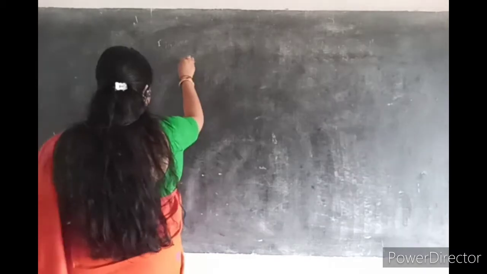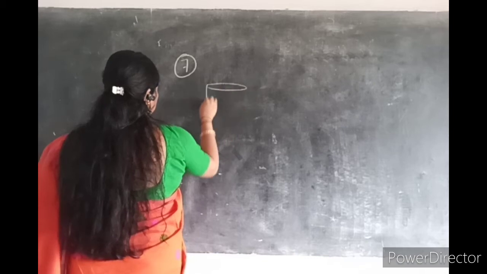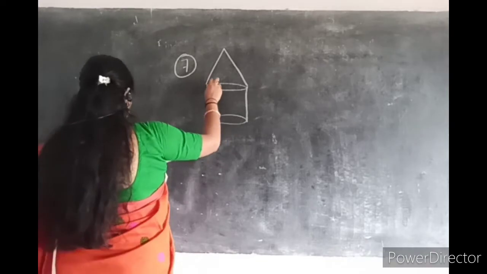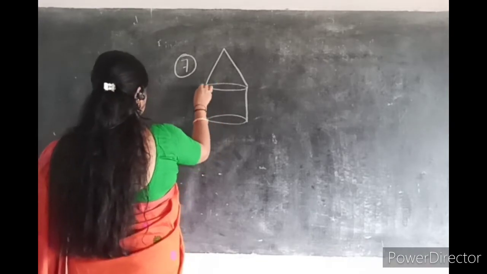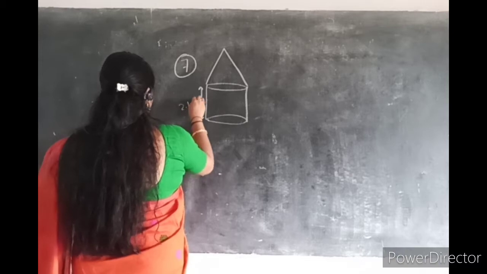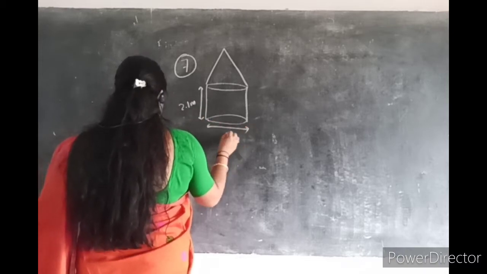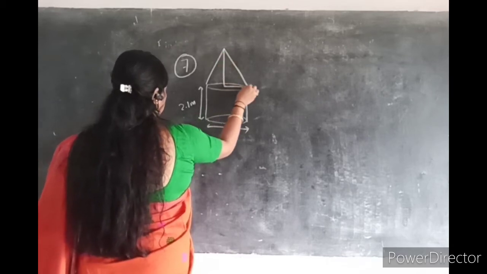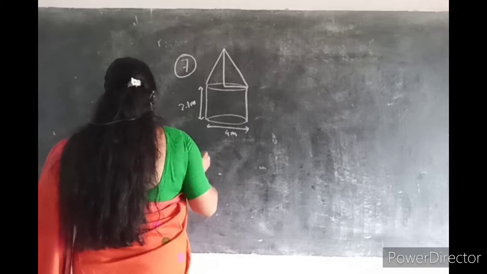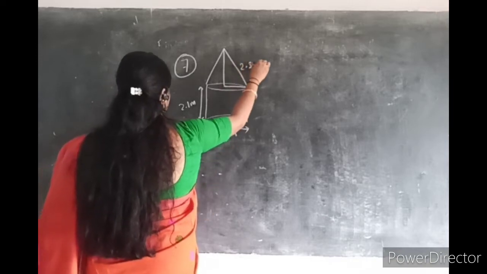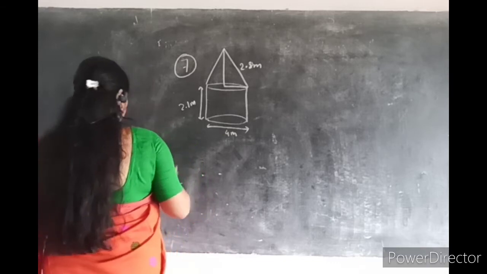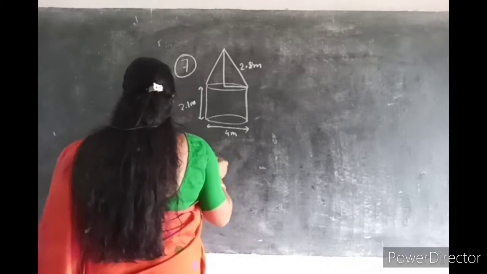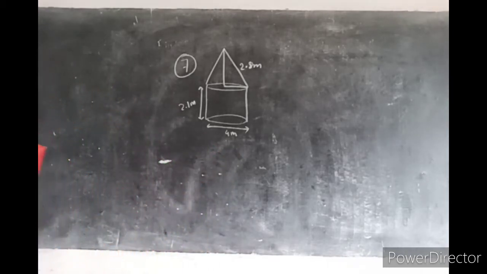Okay, so let us first try to draw the cylinder. So you have a cylinder and on the top you have a conical tent. Okay, the height and the diameter. So the height is given as 2.1 meter and the diameter is given as 4 meter. Suppose let me take this diagram like this. Since your slant height is given here 2.8 meter, you are asked to find the area of the canvas, that is the outside part we have to cover, and the cost of the canvas if 1 meter square is costing how much? Rupees 500.